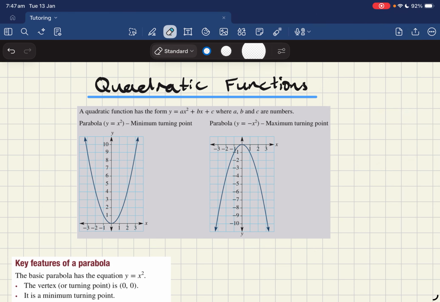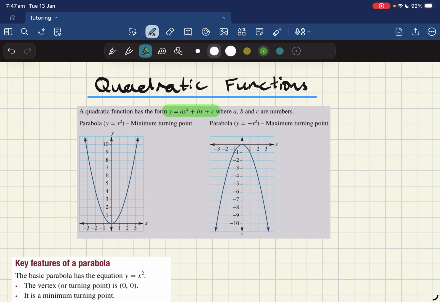So in this video, we are introducing quadratic functions. Now, quadratic functions all come in a particular form. This is like a general form, but you'll see a bunch of different ways we can represent a quadratic function. But basically, it's in the form of y equals ax squared plus bx plus c, where a, b, and c